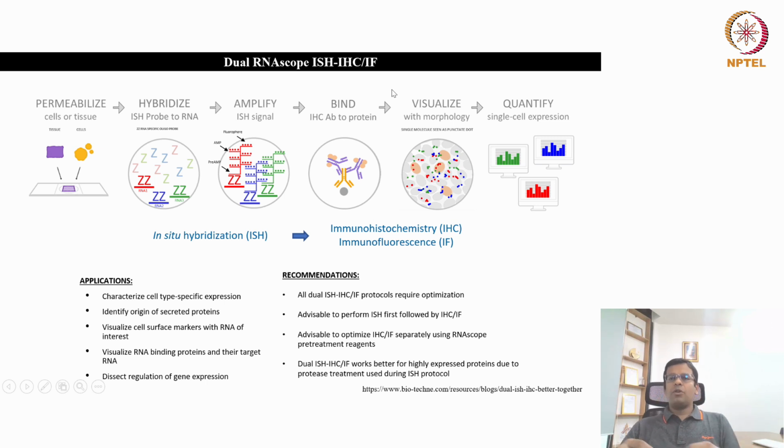So let's say you want to see the co-localization between some proteins and mRNA. With immunofluorescence using specific antibodies, you can detect your protein in the cell sample or the tissue sample, and simultaneously you can get the information about the gene expression from the same sample. Okay, so how does it work? This protocol remains more or less the same, but one step is added in which you will incubate your sample with the antibodies. So this is your slide.